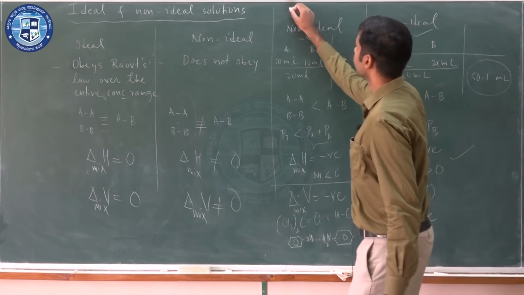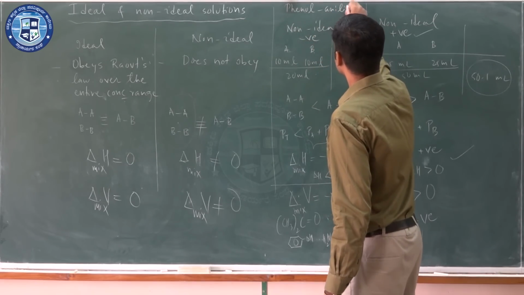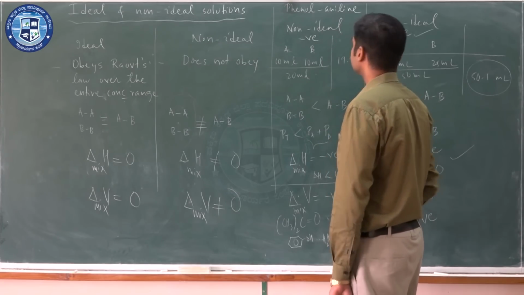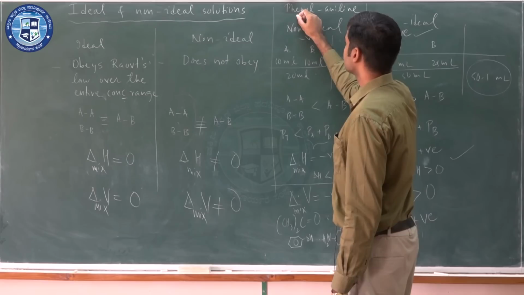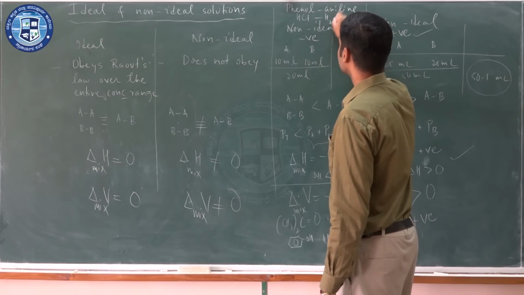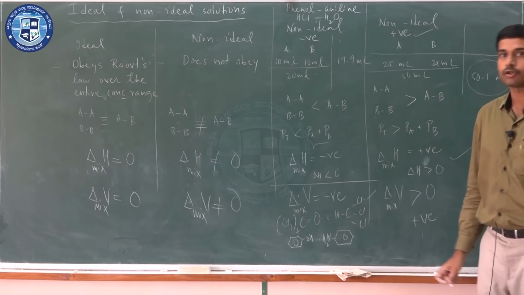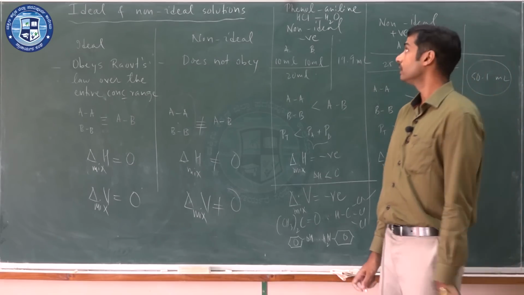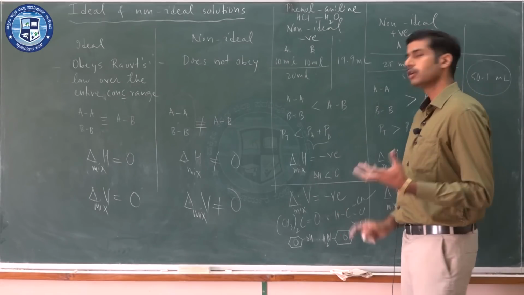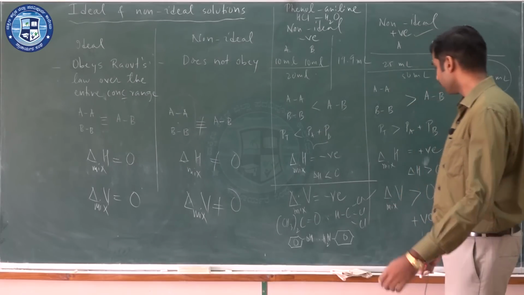So, let me list the examples. One is phenol aniline, the second one is acetone chloroform. I also have all strong acids and water, say for example a concentrated HCl water mixture. So, here also there is attraction observed. So, these are some of the examples of liquid solutions showing negative deviation from Raoult's law. So, when is this observed? When you have got a possibility of a stronger bond being formed.